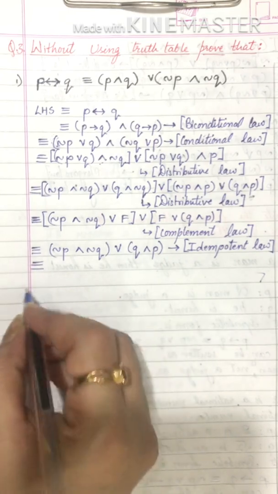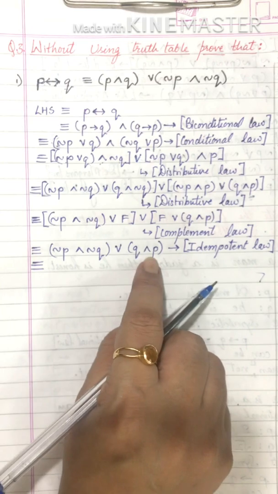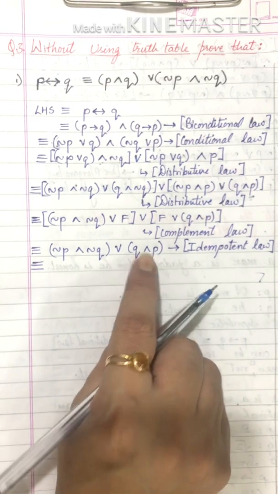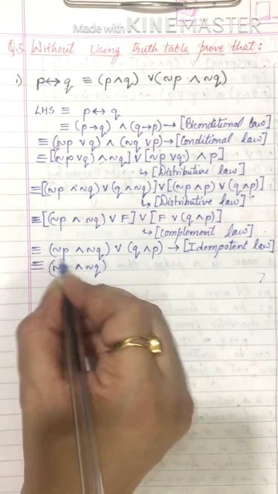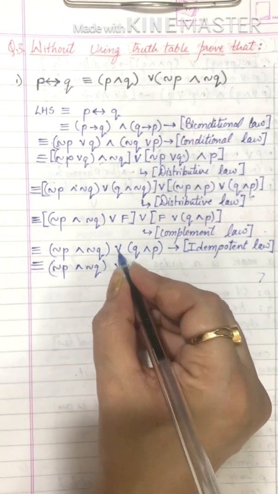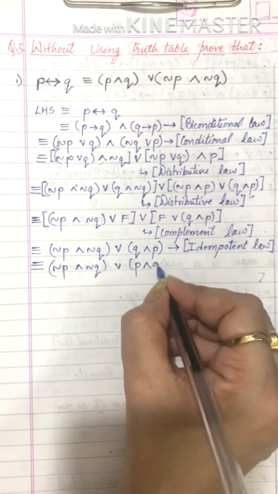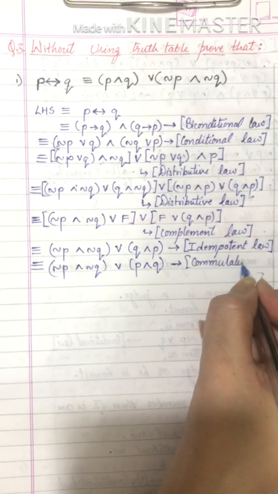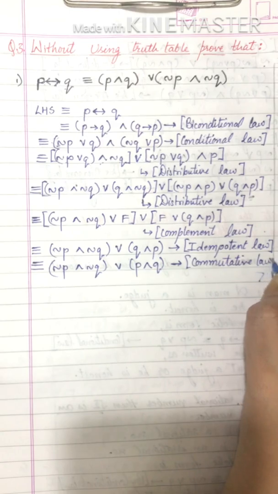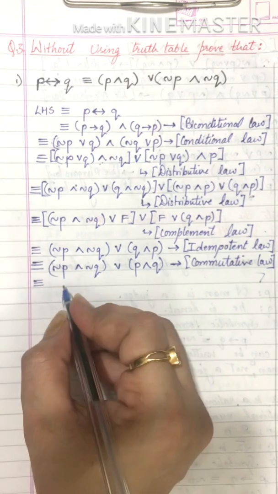So next, solving it ahead, I'll write Q and P as P and Q. Q and P can be written as P and Q. That is the commutative law. So next I get the first value same as it is, or connective, and here I am writing P and Q. I have used the commutative law here. See how many laws we have used to solve this sum. It's very interesting. Once you get a hold over these sums and laws, it becomes very interesting.